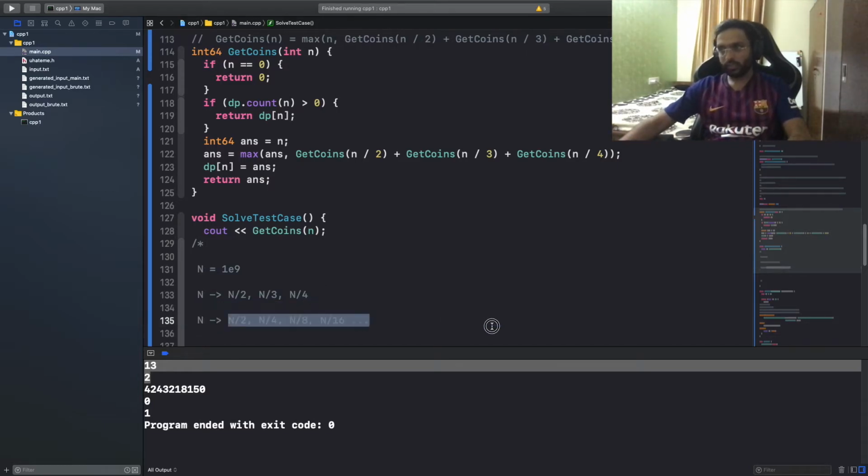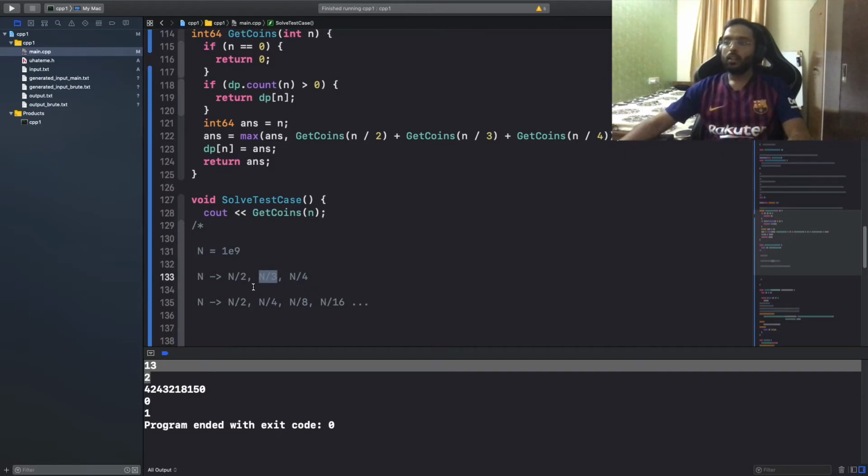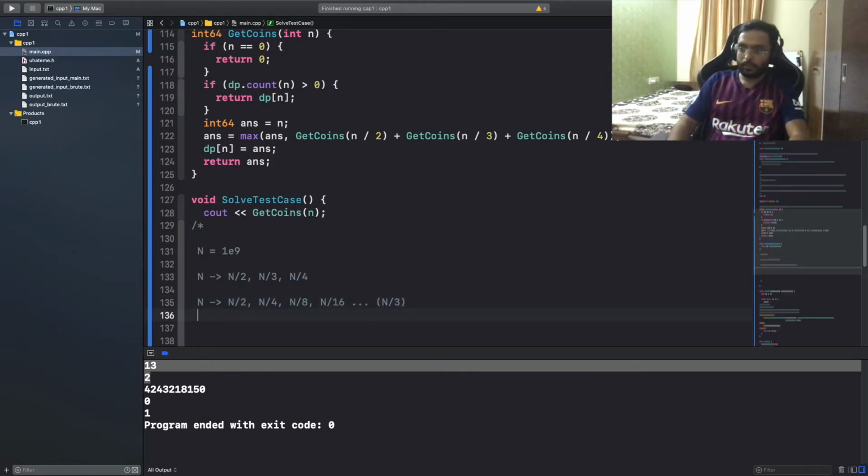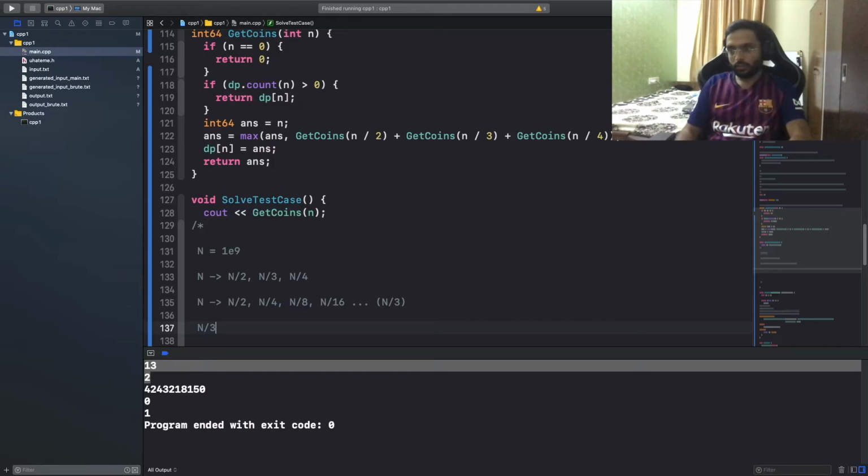So this would cover values like n by 2, n by 4, and correspondingly, but it does not cover all the terms which might have been generated from here directly, or from n by 2 when we would have reached n by 6 indirectly. So let's see what is happening over here. Along with this, it would have generated a value like n by 3. While trying to find the value for n by 3, we would have actually tried to find values for n by 6.